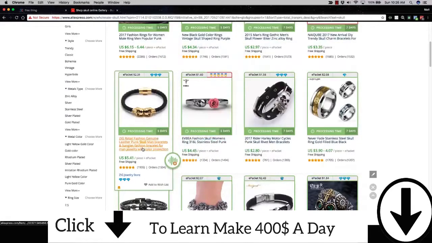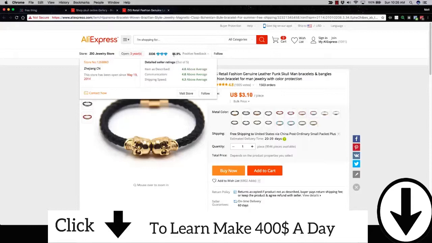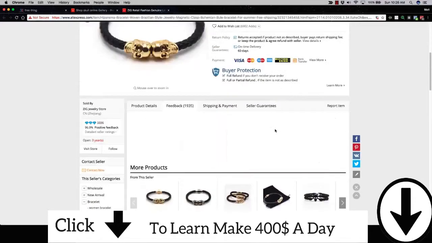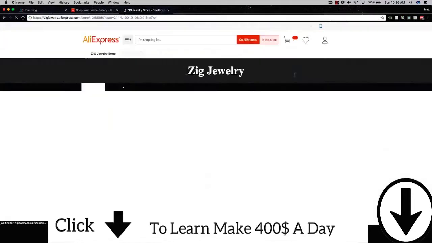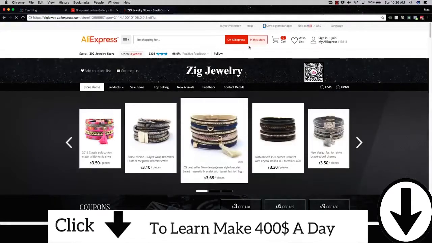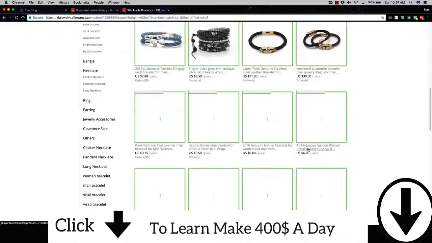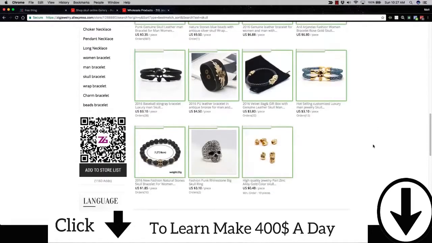Let's see this bracelet here. I know these things sell though. I've seen people selling these all the time. This store has 3 stars, cutting it kind of close. And let's take a look and see if we can get to the reviews on this one. Again, unfortunately, the reviews are not working for me today. I got the camera rolling, so why would they? Let's check out this dude's store and see what he's got here. Searching here. Search for skull. Okay. So it looks like he mainly deals in those skull bracelets, which could work, but